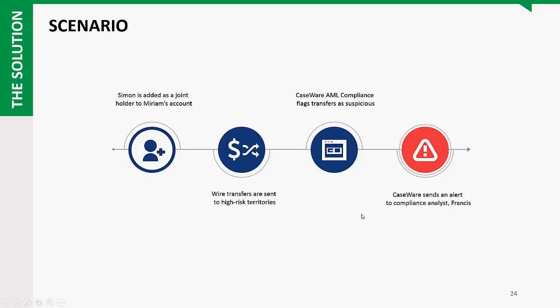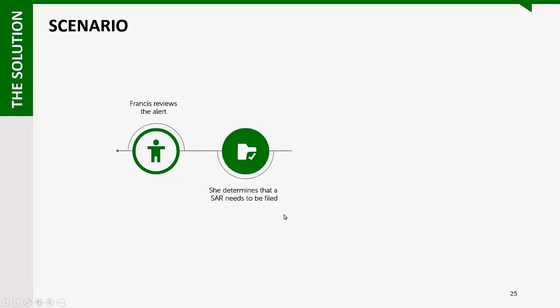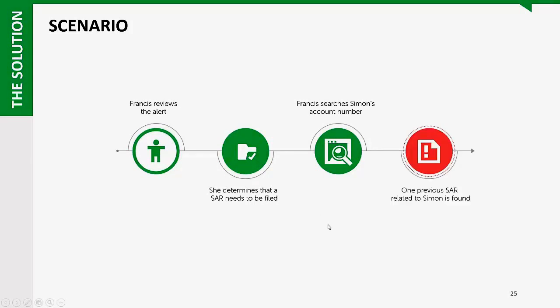So Francis is there, gets the alert, clicks on the browser, brings up the application, sees what is going on. She reviews the alert, and then she determines that, based on all the information provided, we believe that a SAR should be filed. But then she goes back through and says, hey, hold on, let's bring up Simon's account number. When we brought it up, you realize that, hey, we found a previous filing that was done within the last